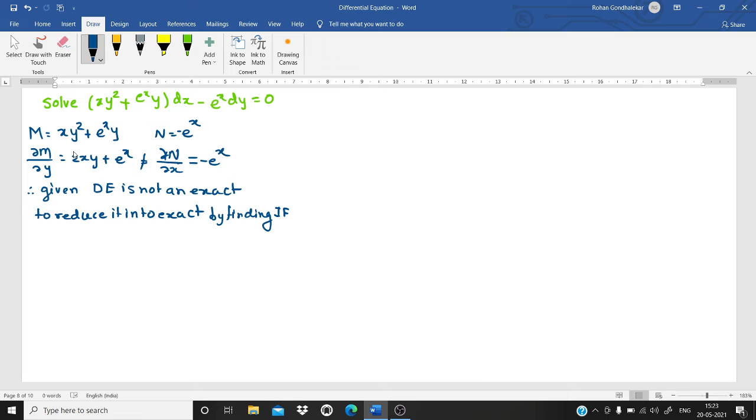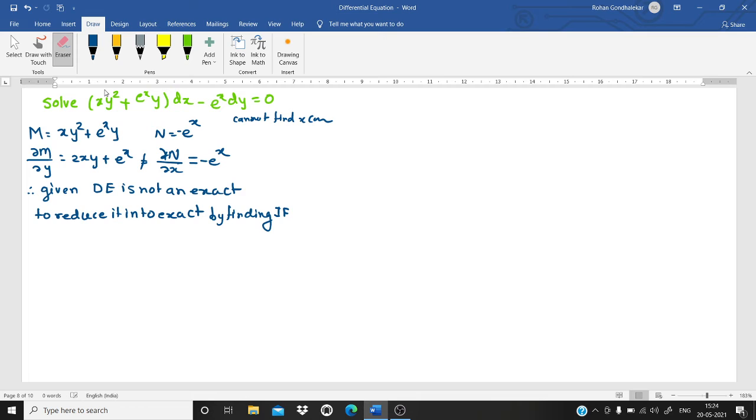Is it? So check the first term, xy square plus e raised to x into y. So xy square, the total degree is 3. E raised to xy, we cannot define the degree. So it is not a homogeneous. Come for the second. What is in the second rule? We must be able to get a y common from m, x common from n. From m, we can easily get y common. But from n, we cannot find x common because there is no x in multiplication. Is it? So hence the second rule also fails.